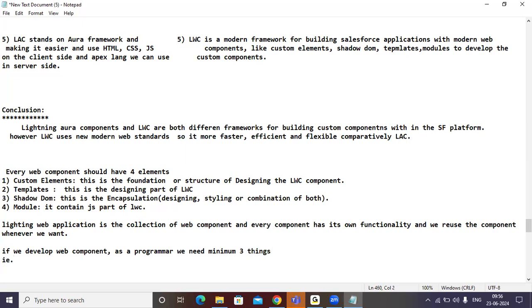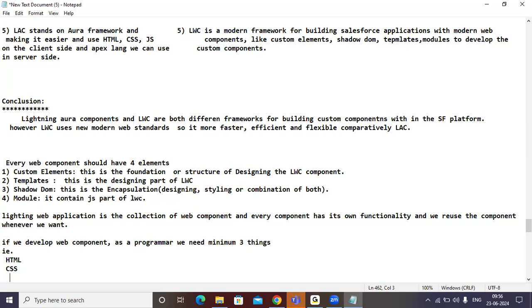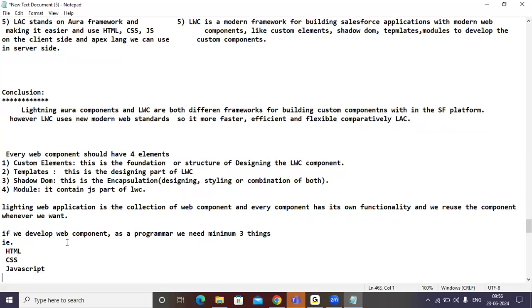That is HTML, CSS, and what is the next one here? JavaScript. Without knowing HTML, JavaScript, and CSS, as a developer, it is not possible to develop the web component, guys. Understand everyone in the class?